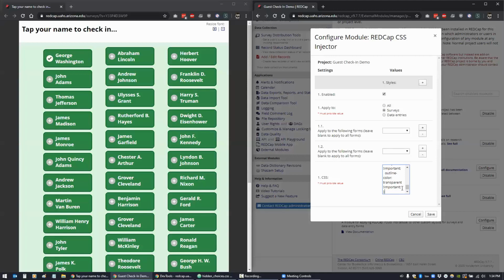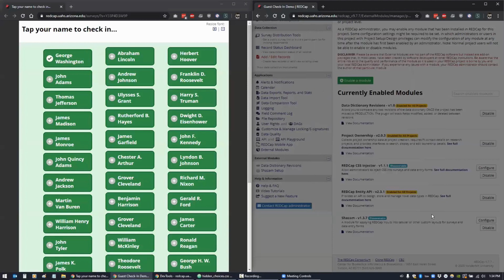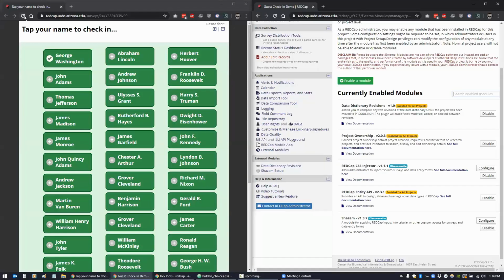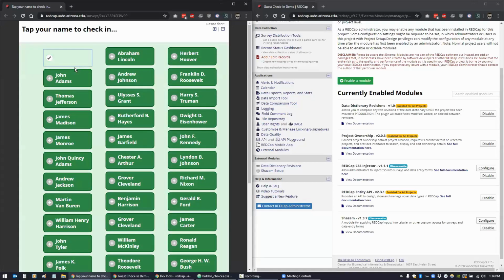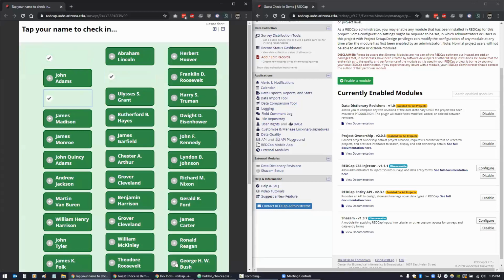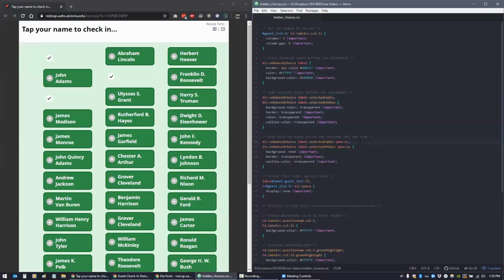If I take out this outline color, now when I click on a box, the box is there, and the image is there, and I have to change the image. There's another rule for the image